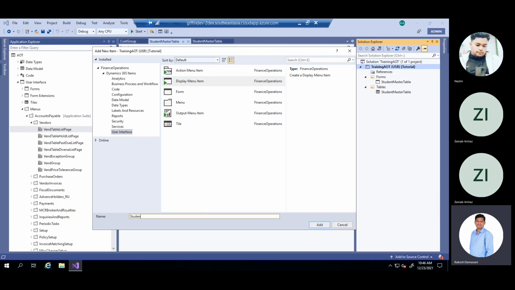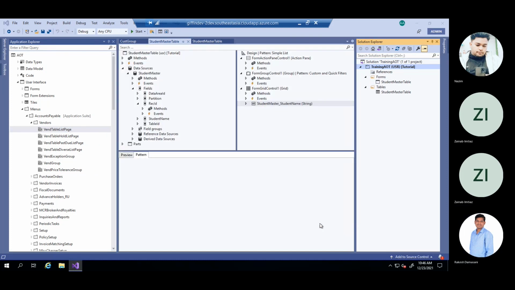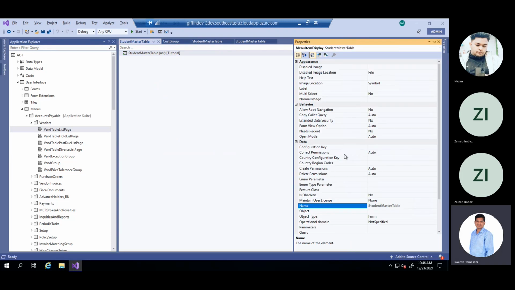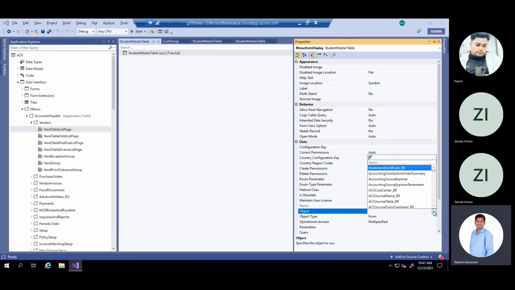It will be student master table. Add. Again, go to properties, and the object type is form and the object name will be student master table.